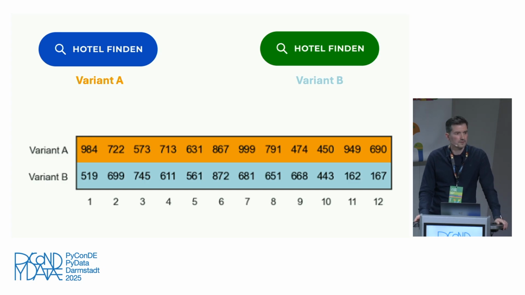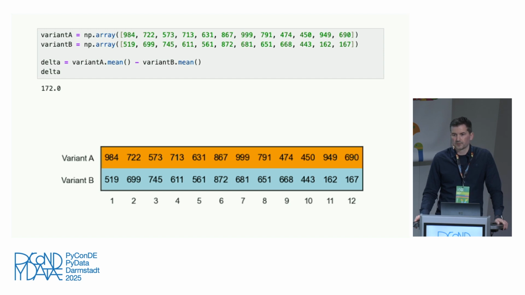So you have all these numbers, and in the context of a website such as Holiday Check, that could be, for example, the basket value of booked hotels, right? And then you have the numbers in variant A and the numbers in variant B. One very simple approach, of course, is to take the mean of those two. Since you're assuming that variant A is performing better, you just subtract the mean of variant B. You just want to identify if there's a higher basket value in variant A than in B. And what you end up seeing is that you have 172 more on average, which in this case would be euros, since we're based in Germany.